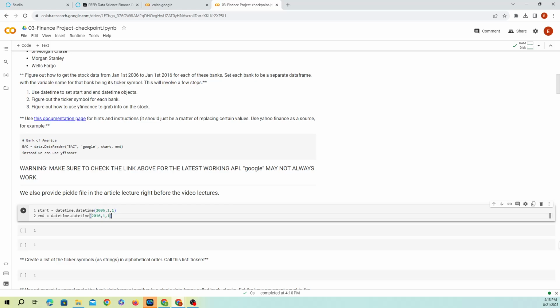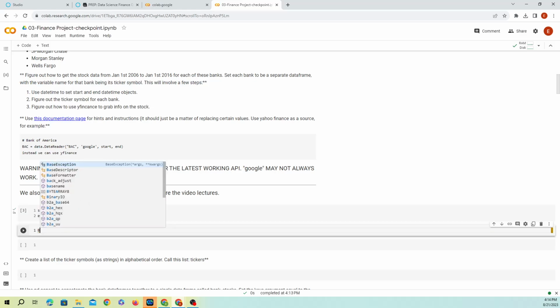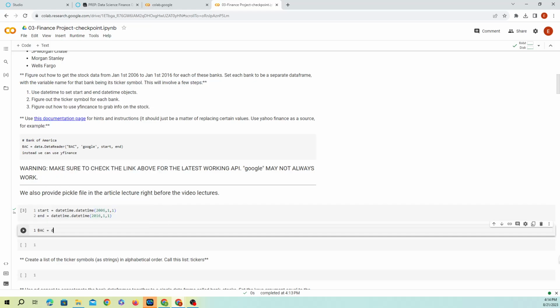Now we want to make sure that this is running. Right, so the next thing we want to do is extract this data from the Yahoo website. Let's label our first one. We're going to call it BAC, so that's our Bank of America information. And we're going to do a data.